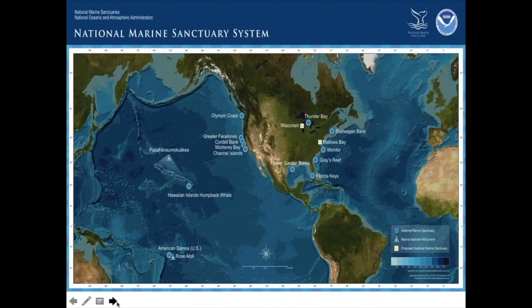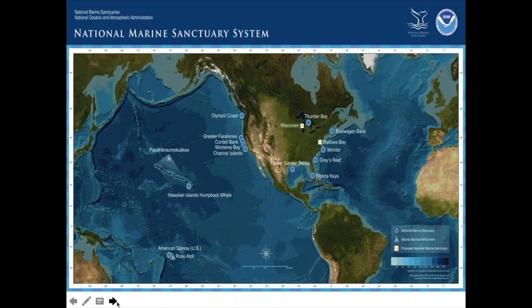We are part of a network of marine protected areas managed by the National Oceanic and Atmospheric Administration. You can see the map that shows all 14 of those. I'm up there in the northwestern corner, Olympic Coast. And the mission of the sanctuary program is to protect these places in the Great Lakes and the ocean. It's really to have a thriving system of marine protected areas that protects these areas and also inspires momentum for a healthy ocean. So we're taking a long-term look at these places and using them in some cases as laboratories to test some of these management concepts.